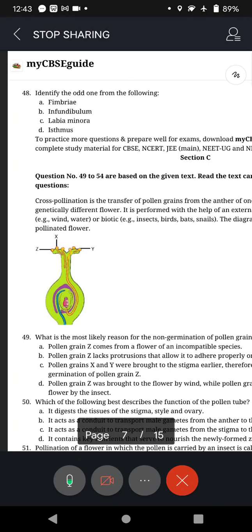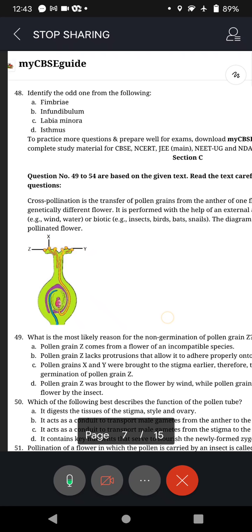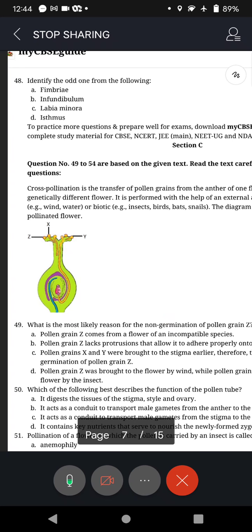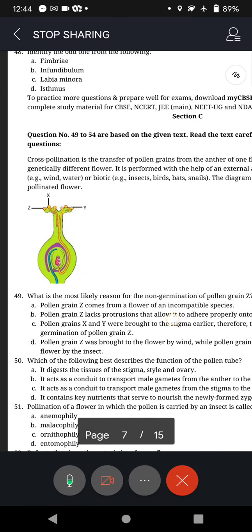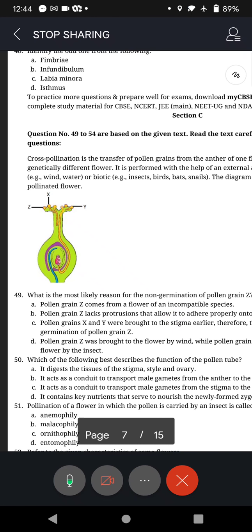So good afternoon, boys. Once again, we have been dealing with the model paper for the term 1. We have completed section A and section B. Section A, I said, is predominantly knowledge based, wherein one statement will be there and 4 alternatives, and you have to pick up the right answer. And section B is more of logic and understanding type, wherein you got A and R questions, assertion and reasoning questions.